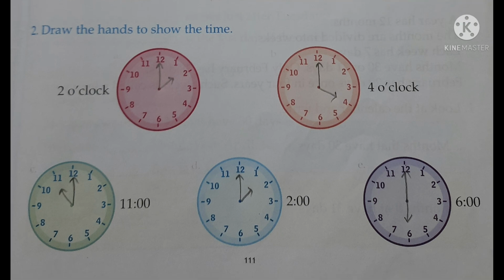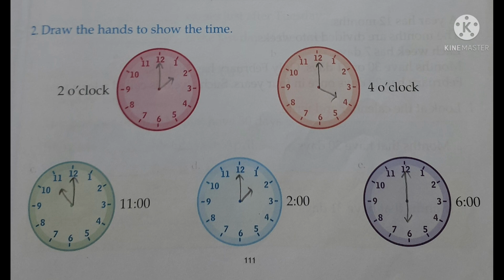Now question number 2. Draw the hands to show the time. Here a clock is given and the time is given. We have to draw the hands. Number 1 is 2 o'clock. So for 2 o'clock, short hand will be at 2 and the long hand will be at 12. Number 2, 4 o'clock. That means short hand, hours hand, is at 4 and long hand, minutes hand,